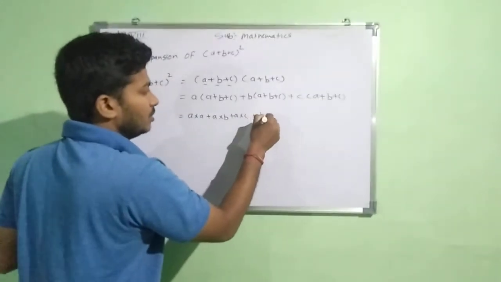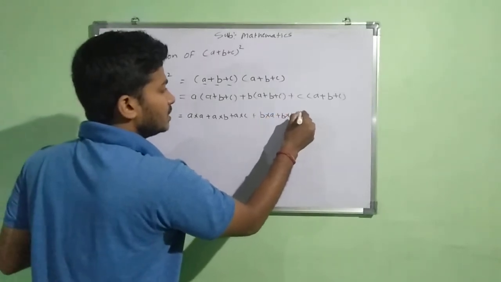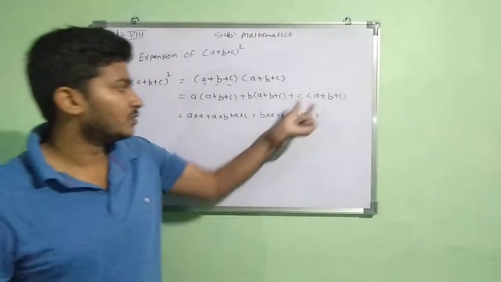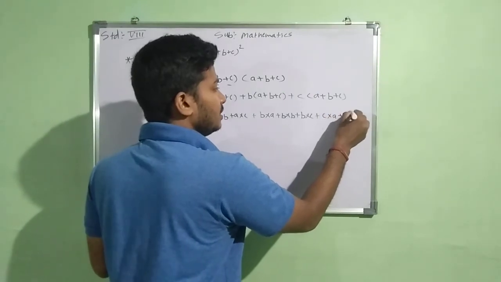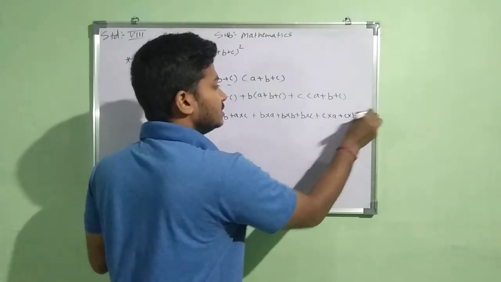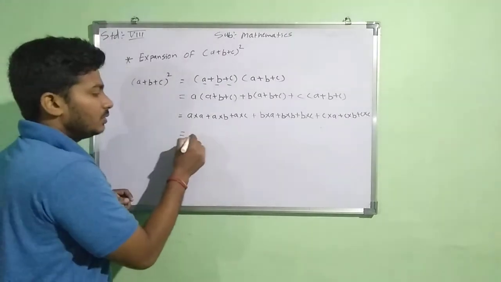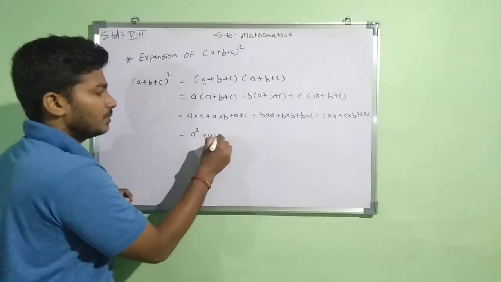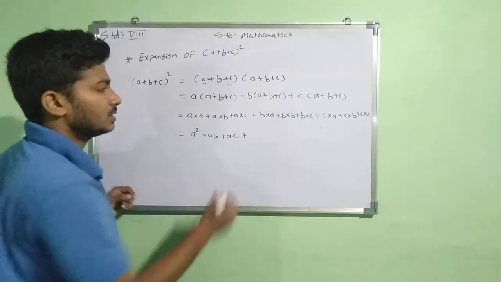So now b multiplication a plus b multiplication b plus b multiplication c. Now plus similarly we have to do for c multiplication a plus c multiplication b plus c multiplication c. Okay, now we will do simplification. So a into a is a square plus a into b will be ab plus a into c becomes ac plus